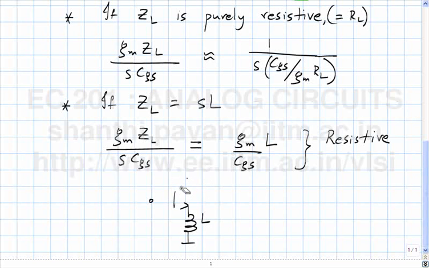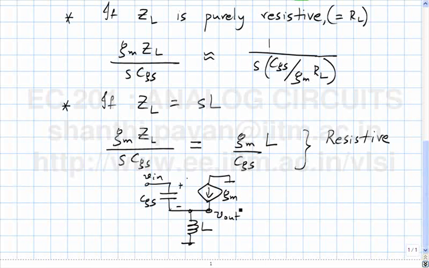The incremental equivalent circuit for the transistor, as we just saw, is this: Gm times V in minus V out. The network itself consists only of lossless passive elements and of course a controlled source. At first it seems very strange that even though the network only consists of L, C and some controlled sources, the looking in impedance here has got a resistive component. So why is this happening?